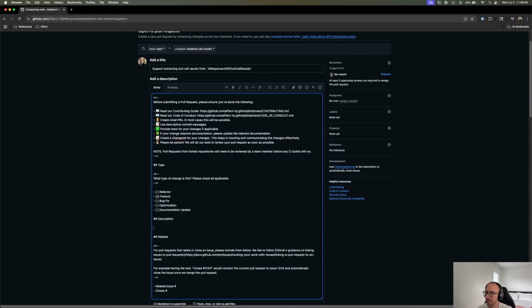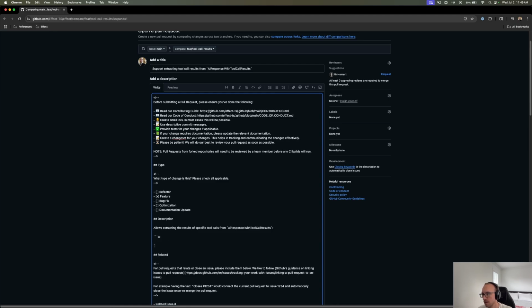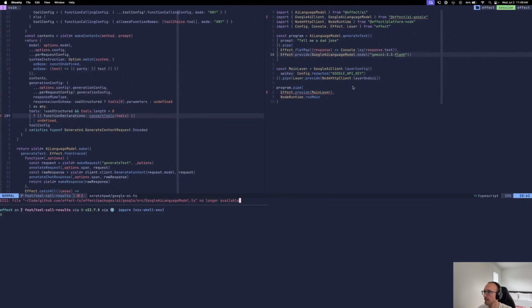Description: allows extracting the results of specific tool calls from AI response with tool call results. And if I were to exemplify this, I could do something like